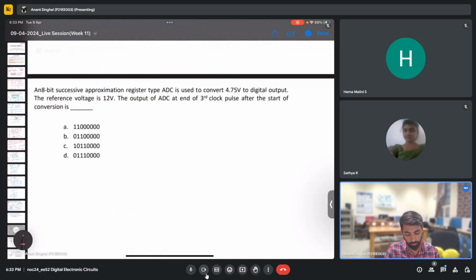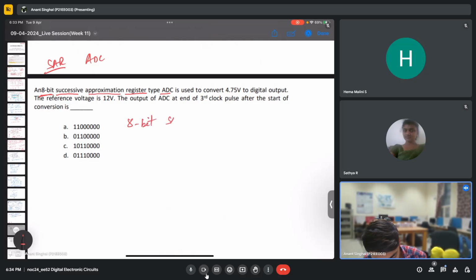This is an important question, so be attentive here. Again, this is an ADC question, which is a SAR ADC question. SAR ADC is nothing but successive approximation register type ADC, which is one of the most important ADCs that we generally cover in any of the ADC and DACs. We have an 8-bit SAR ADC, which is given in the question,